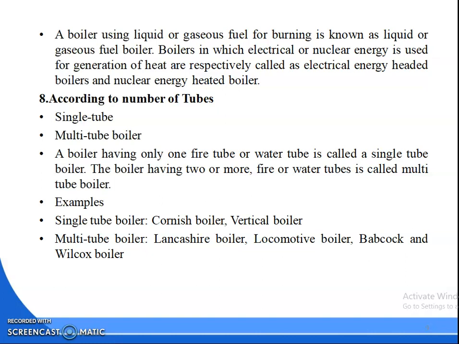Then according to the number of tubes, there are single tube and multi-tubular boilers. If the boiler has one fire tube or water tube, it is called single tubular. If it has two or more, it is a multi-tube boiler. Single tube boilers are the Cornish boiler and vertical boiler. Multi-tube boilers are the Lancashire boiler, locomotive boiler and Babcock-Wilcox boiler. In the Lancashire boiler, the boiler is your